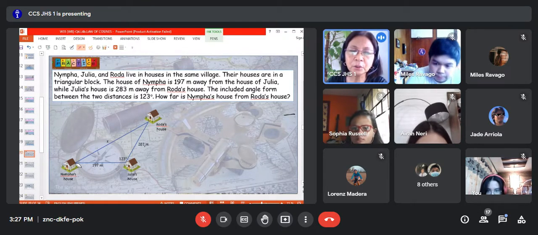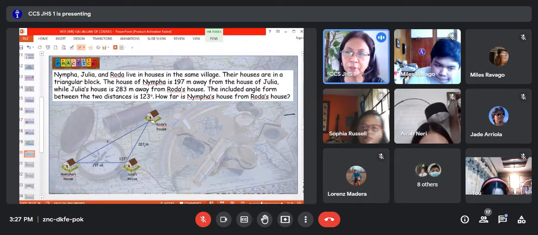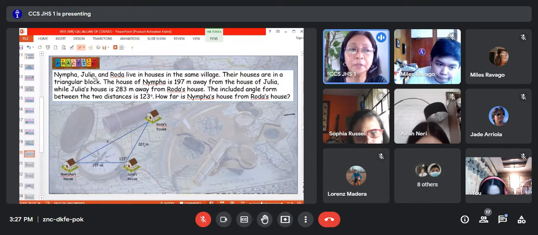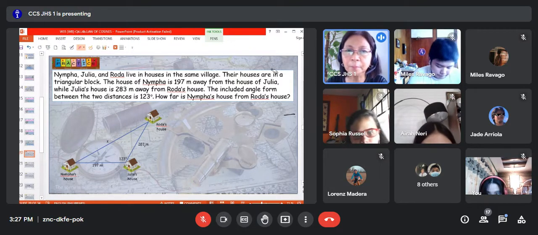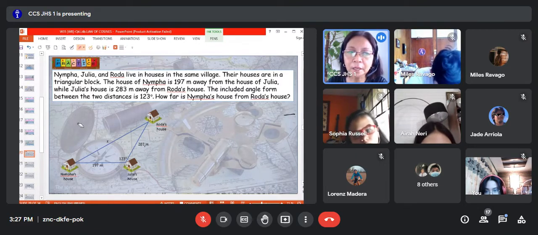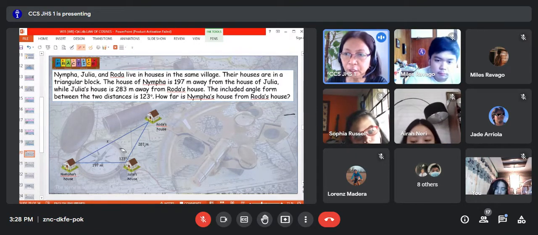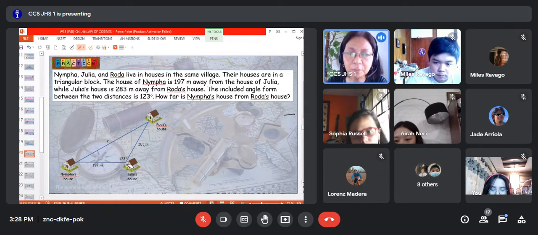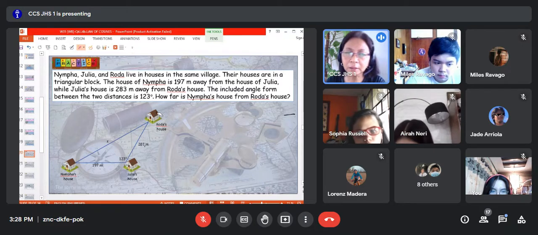And then you draw a triangle to any of the three figures in your diorama. So you must have at least three figures there in your diorama. Here you are going to find the distances among the three figures in your diorama, and then you create a problem. You are going to form a problem out of the picture of your diorama. Am I clear? Okay. And then for the measurements, since this is only a diorama,